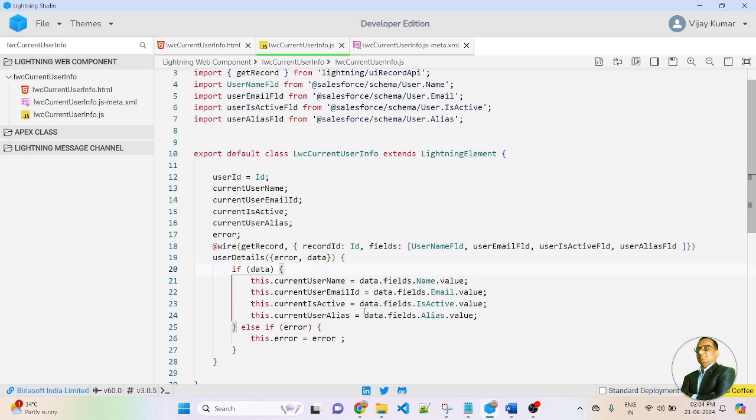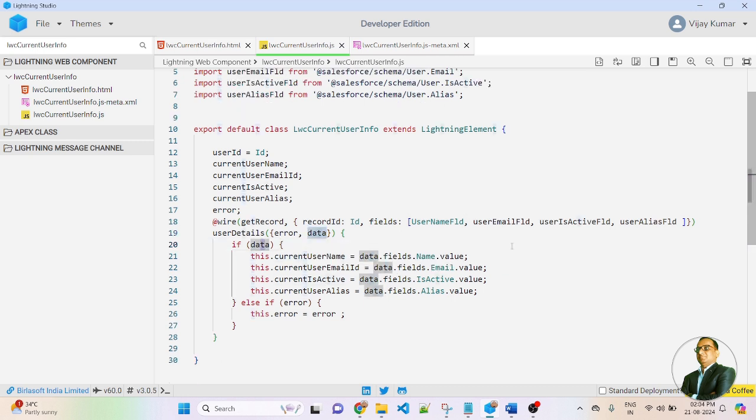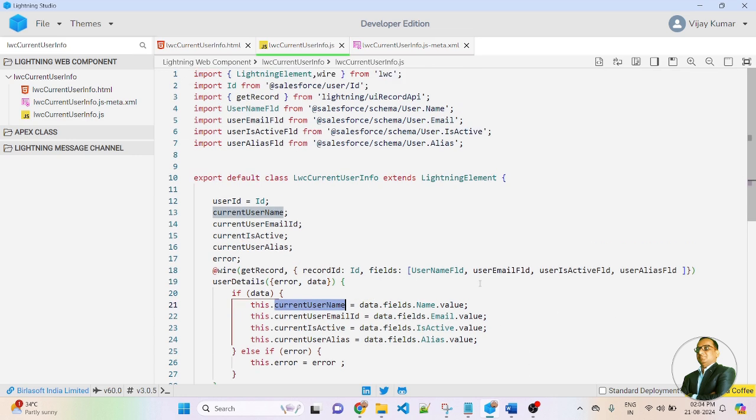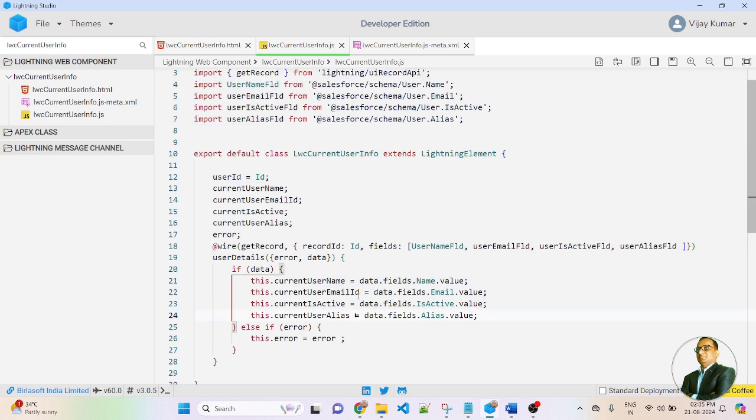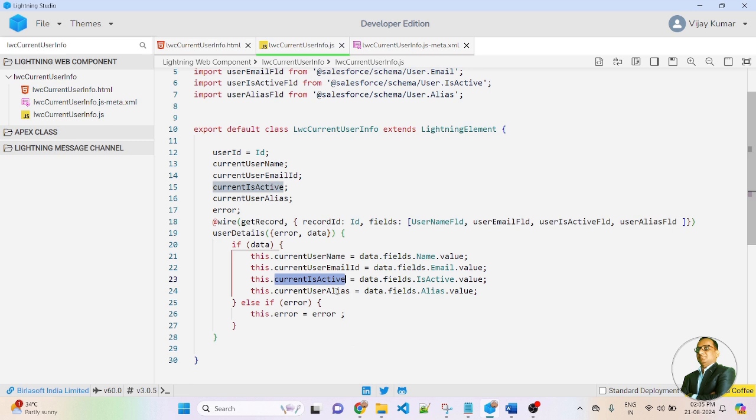Then here I am checking an if condition. If data is retrieved successfully, then I am storing the data inside the variables. This is a variable for the user name, this is a variable for the user email ID, this is a variable for is active, and this is a variable for the user alias.